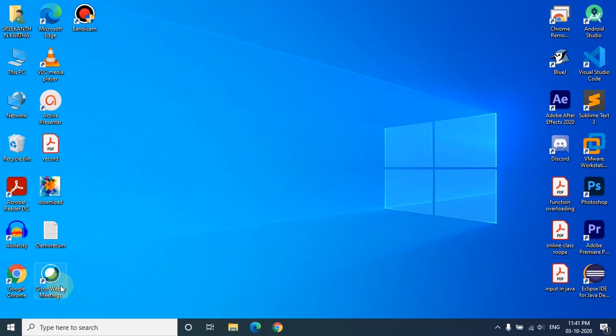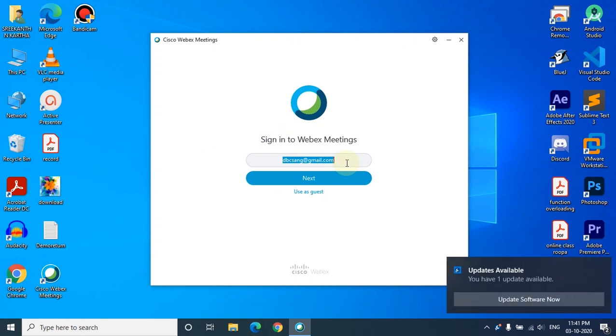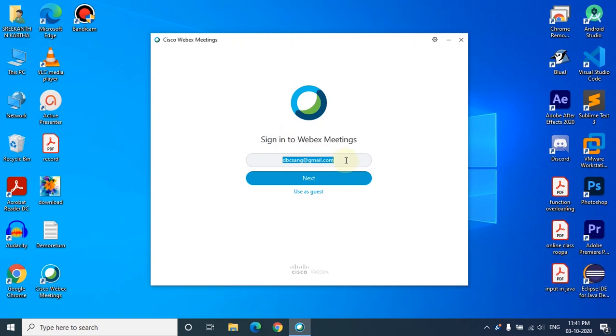So we have already installed the Cisco WebEx meeting. We double click on the icon, and here you are asked to enter the email ID. For each standard we will get an email ID. So whatever email ID is given to you for your concerned class, that email ID has to be entered.